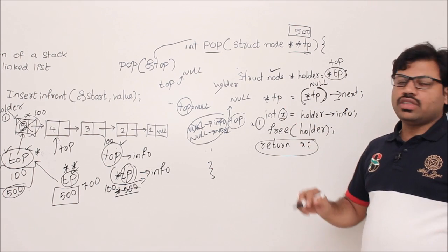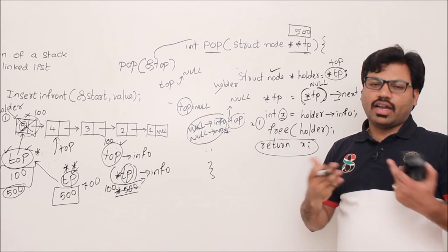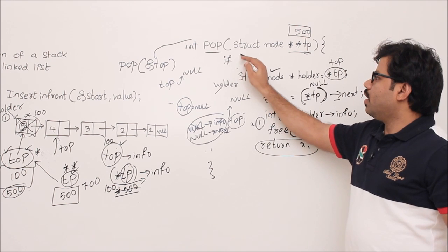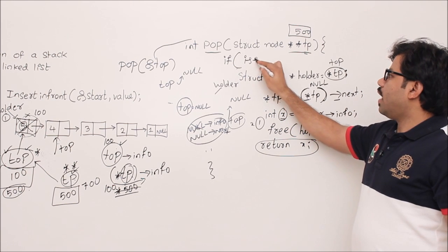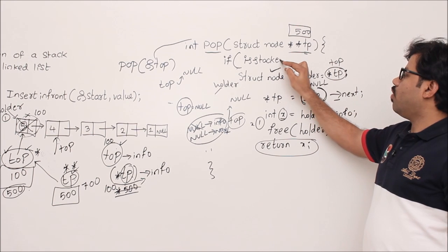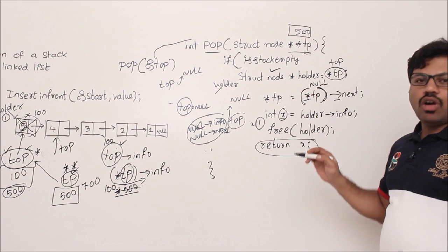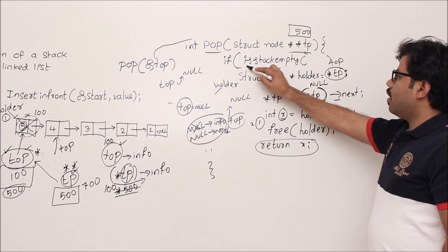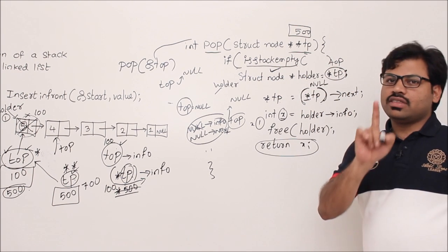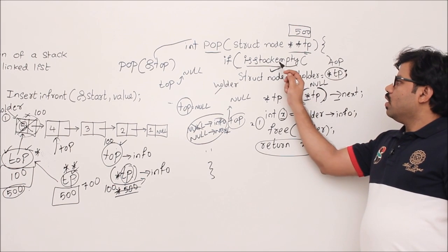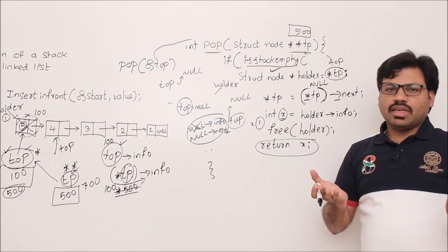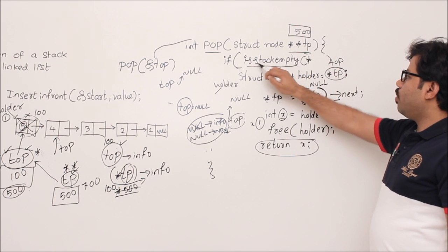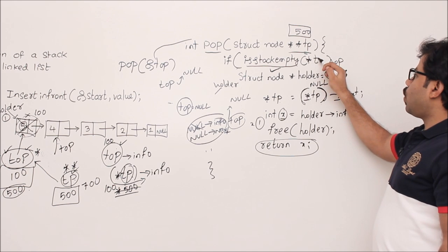That's why we should pop only when you have valid data. That means at least you have one element. That's why here we write one thing. Here we implement like this. If eStackEmpty, I am going to implement one more method called eStackEmpty. I will tell you how to implement it. I try to implement this method with a single pointer. Why? eStackEmpty is going to check whether top is empty or not, correct? That's why I need a single pointer, so I will implement eStackEmpty with top.